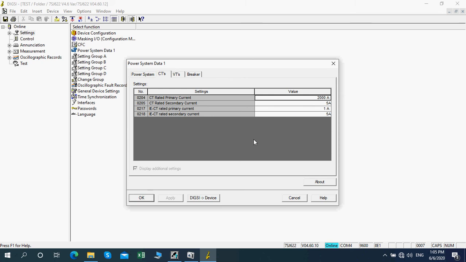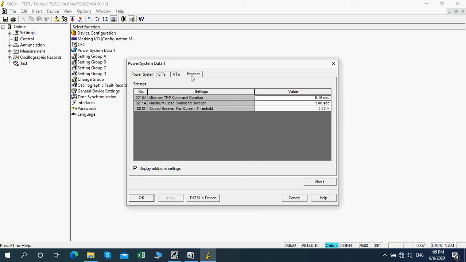We have to mention the CT primary current, CT secondary current, and earth fault. If you have a separate CT for earth fault, you have to mention that one. Then VT, you have to mention the primary voltage and secondary voltage. Somewhere you will find 110 volt as secondary, somewhere it is 120 volt, somewhere it is 100 volt, depending on the site conditions, you have to put it.